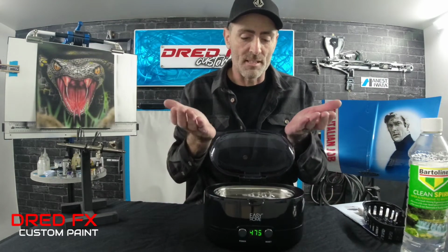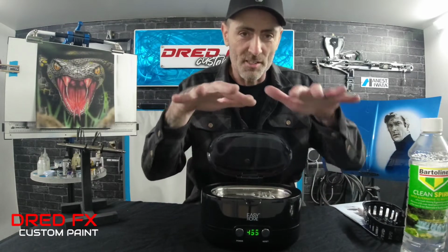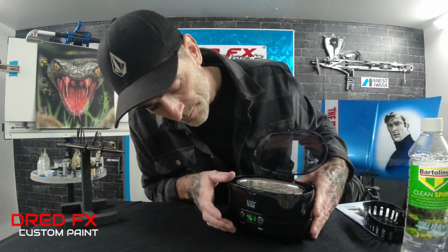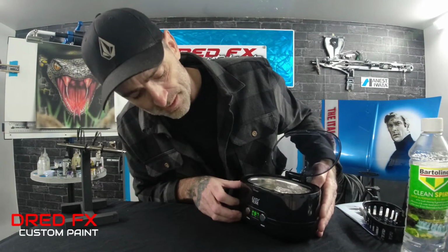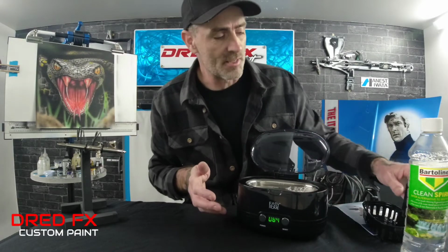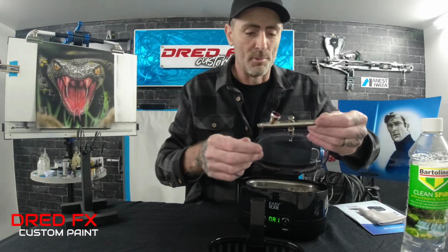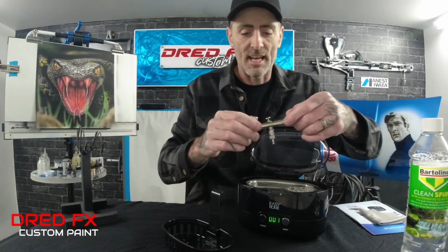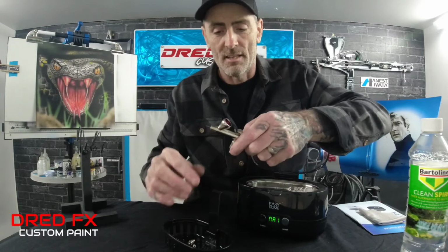Basically what this does is it puts vibrations through the actual solution. So when you look at the cleaning solution now, you can see it's vibrating and moving. So just set your timers, and then it shows you it counts down. Job done, nice and easy. You can drop your airbrush pieces in here. If we were stripping a brush down, I'm going to make some kind of holder where you could hold the brush and just place it in, but we'll just take some of the bits off this brush and drop these in the basket at the front,